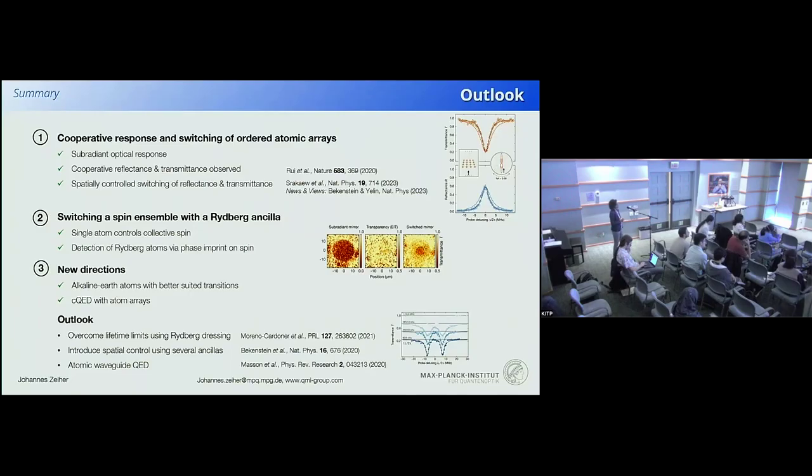I think it's going to be challenging for us to do this. What we can do is put this ancilla in a superposition, measure the optical reflection, and then do another operation on the ancilla, another pi over 2 pulse. This we can in principle do, and then we could see what's coming out. I think in general it's very challenging for us to see this,